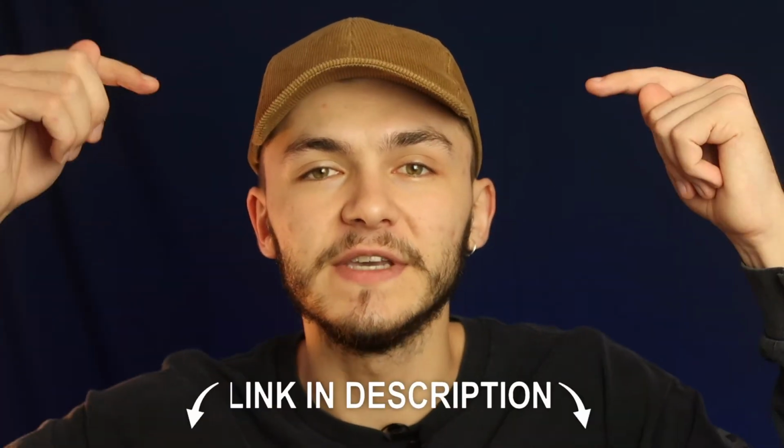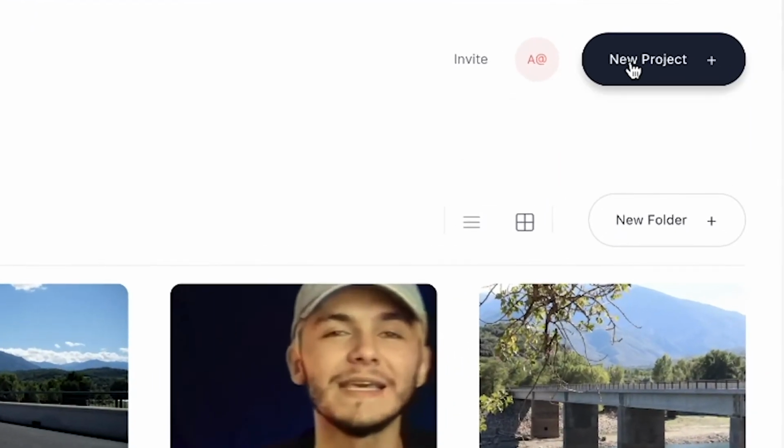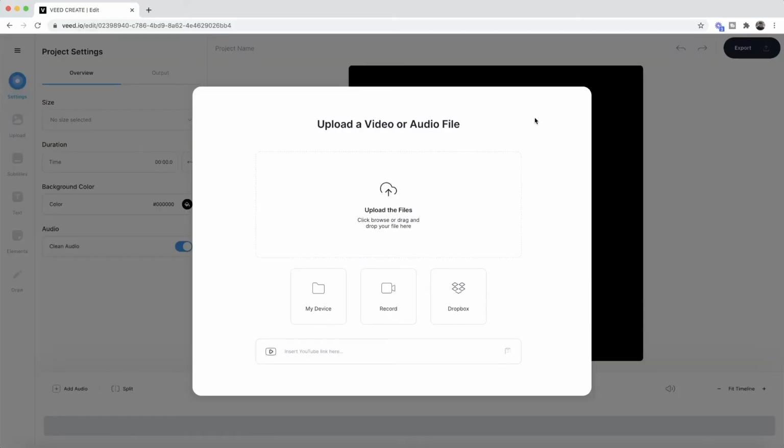So like I mentioned, the tool we're going to be using to make our video montage is an online video editor called Veed, and the links to Veed are going to be in the description down below. So once we're on Veed, the first step is to click on the new project button in the top right, and then we're taken into Veed's video editor, and this is where we want to begin uploading the video clips